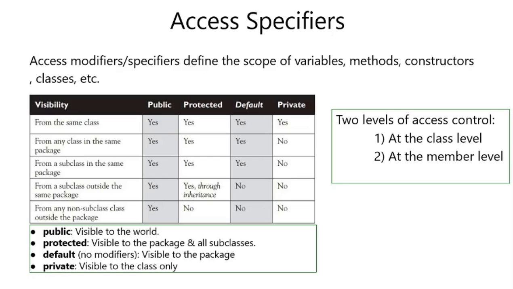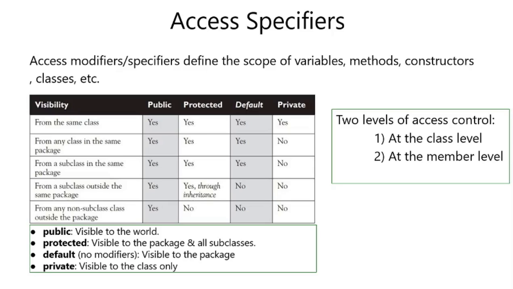And if you are trying to access that protected member and there is no inheritance and the class which is accessing that member is outside of the package, then that protected member is not accessible from that class. Then default means if you are not specifying any modifier, then it will be accessible from the same class. It will be accessible from any class in the same package. It will be accessible from a subclass in the same package, but it is not accessible